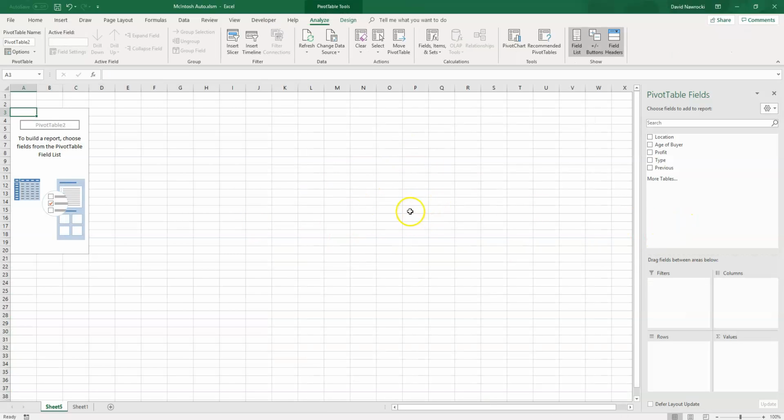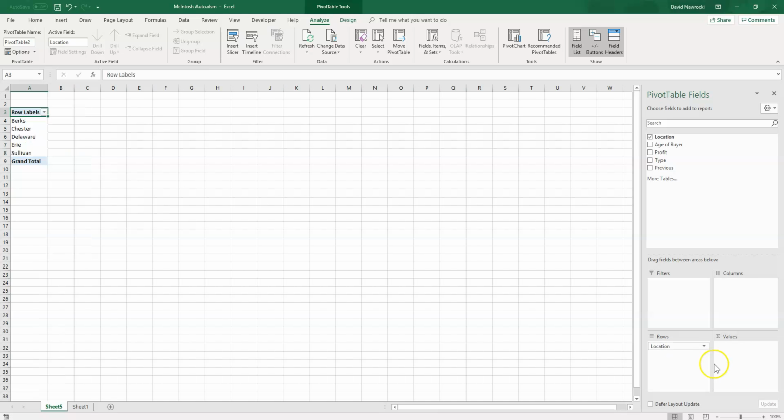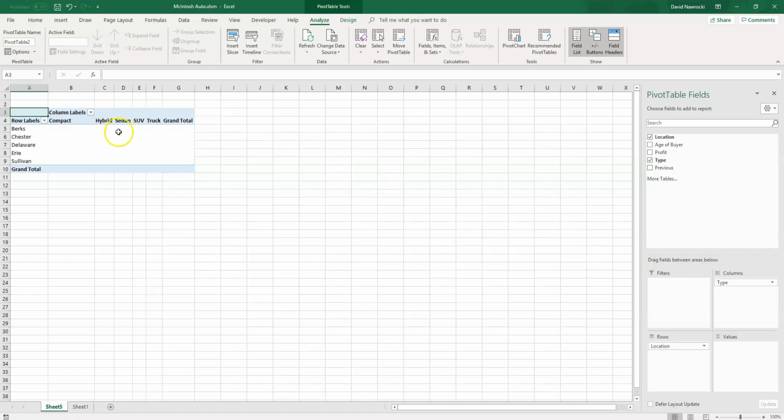Now we're going to construct our pivot table. Now over here we have the different variables that we can select from our data set. Now if you recall, in our contingency table, the location was represented by the rows. So we're going to grab the location and drag it down into the row box right down here. Now the type of vehicle, those were specified along the columns. So we're going to drag the type down to the columns right here, and you see they appear.